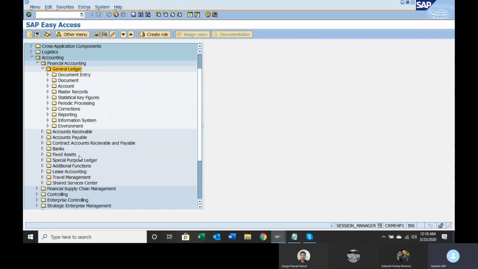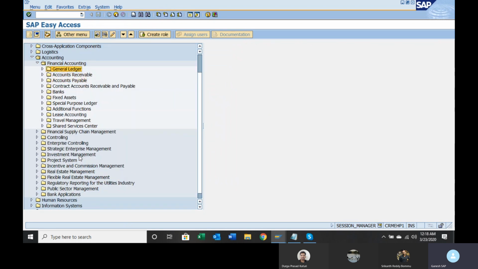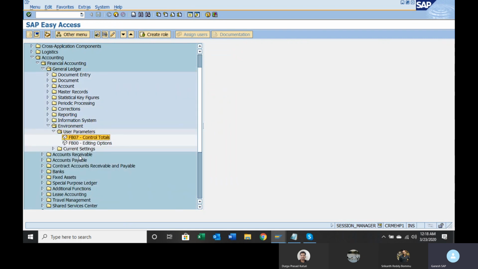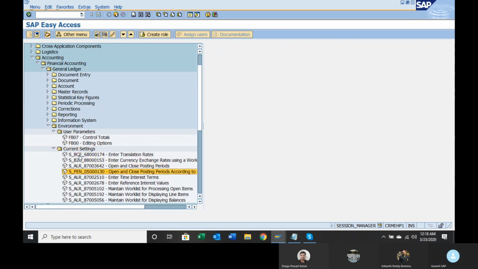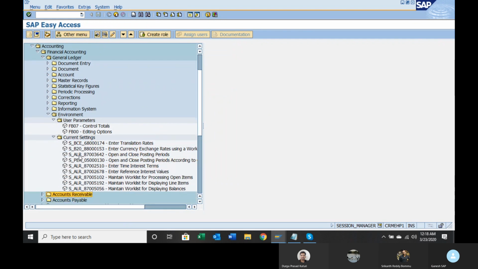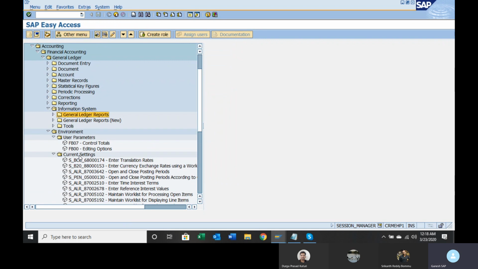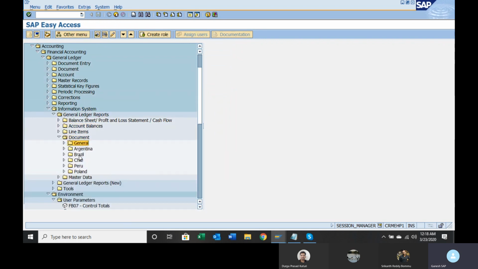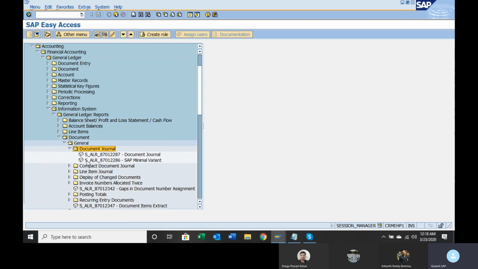If I go to report, general ledger, reporting, this environment, user parameter, information system, general ledger reports, document, general. Double click on this.